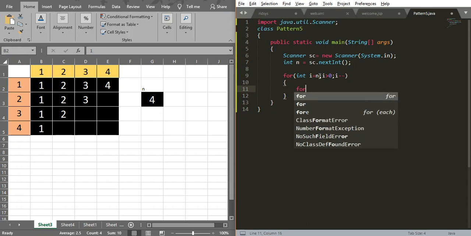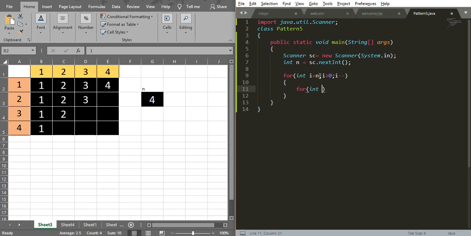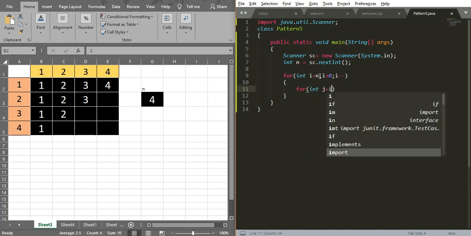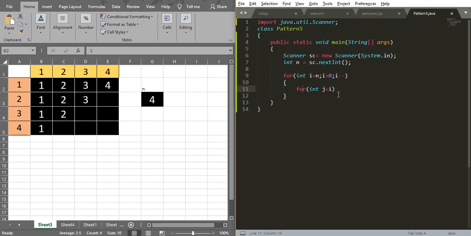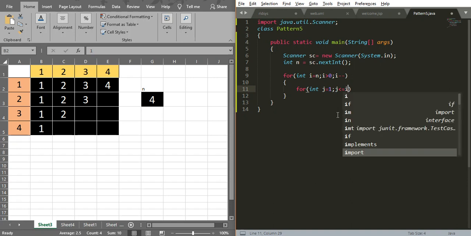Then for int j equal to 1, j less than or equal to i.